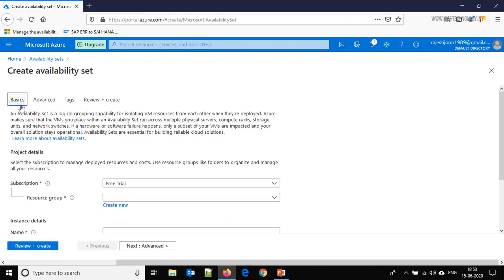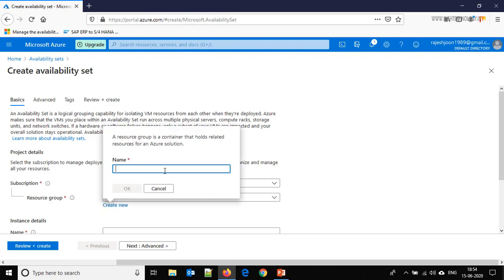And here you get a description of availability set. So availability set is basically a logical grouping of our virtual machines, and those are isolated in terms of physical servers, computer rack, storage unit and network switches. So in this we get high redundancy and high availability. So this is a great feature of Microsoft Azure. So first of all, let's create a resource group and give it a name